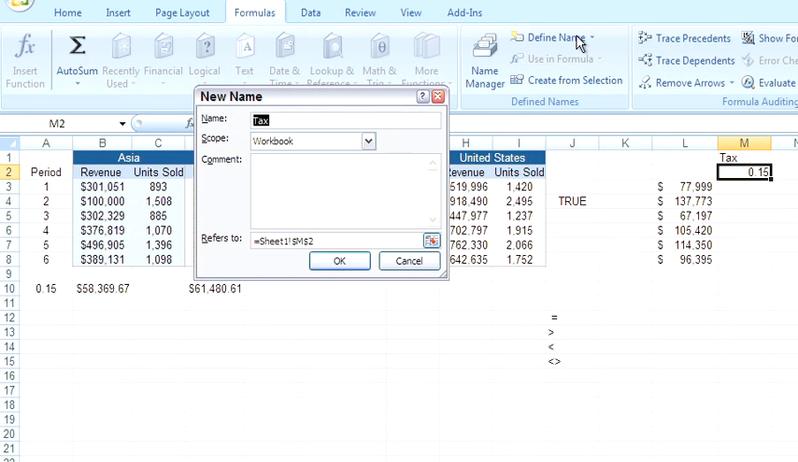Now you see how Excel tries to fill in what the name should be based on any kind of label? Well, that's great and all, but that's not what I want to call my cell or range. I actually want to name this rate. So I'm going to type in rate. Now you'll notice in the dialog box here, and I'll move it down so you can see it,